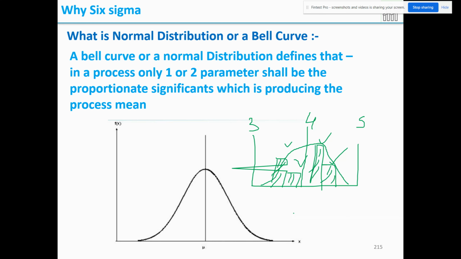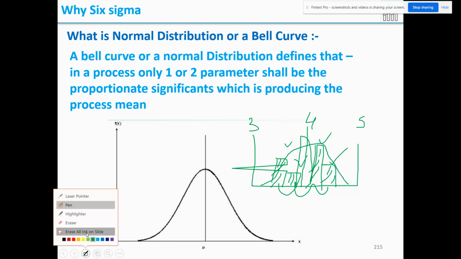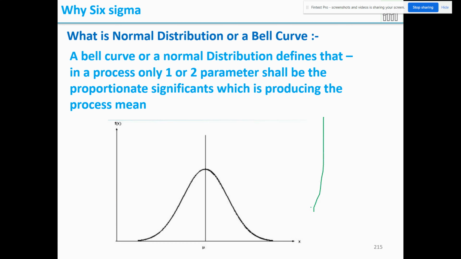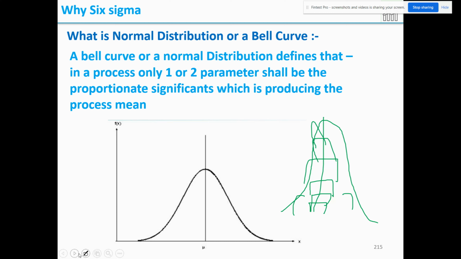So what is the goal? We need to fine tune all the proportionate parameters to achieve 4 only. So what happens when you fine tune all the parameters to achieve 4? Only 4 will get produced. 4, 4, 4, 4. Then some will be distributed left and right. Therefore, you will form a bell curve or a frequency curve.